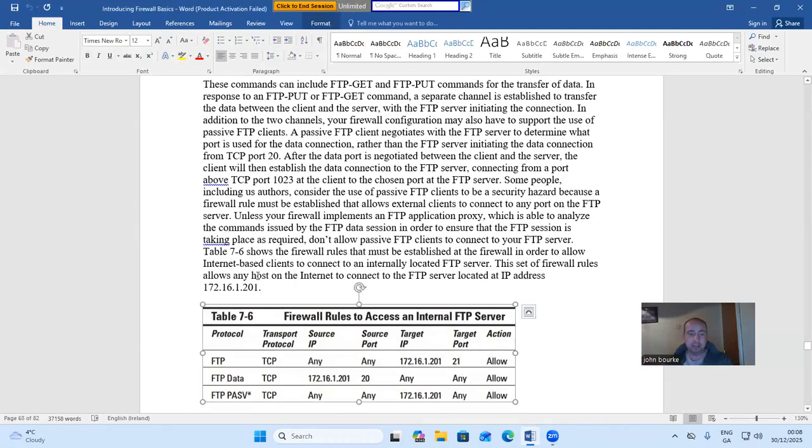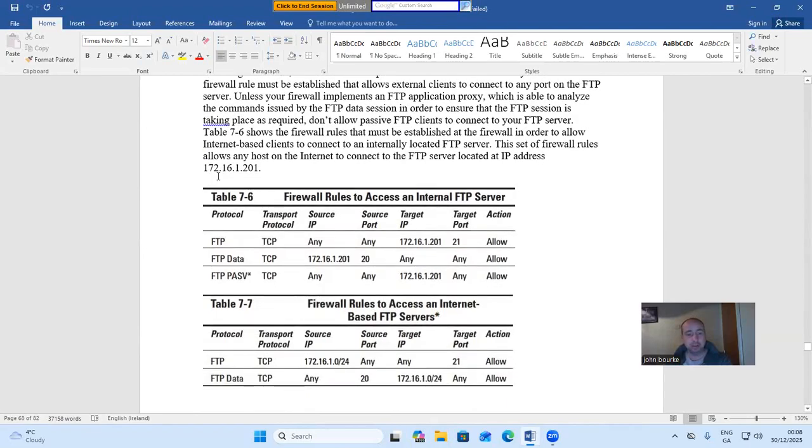Table 7.6 shows the firewall rules that must be established at the firewall in order to allow internet-based clients to connect to an internally located FTP server. This set of firewall rules allows any host on the internet to connect to the FTP server located at the IP address